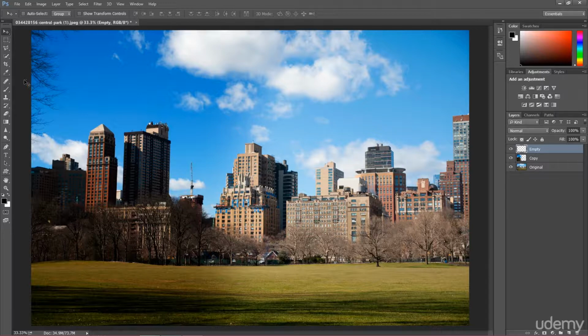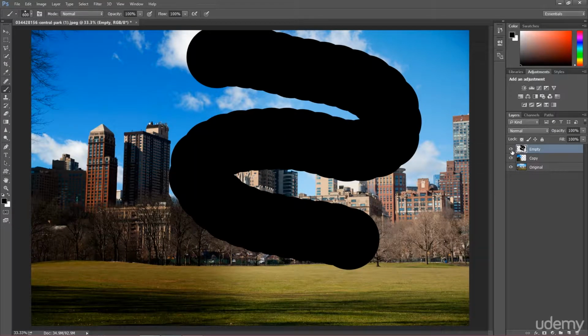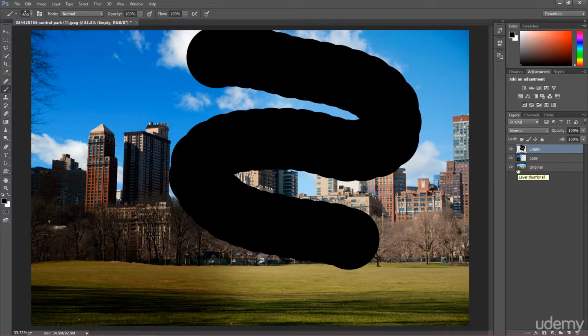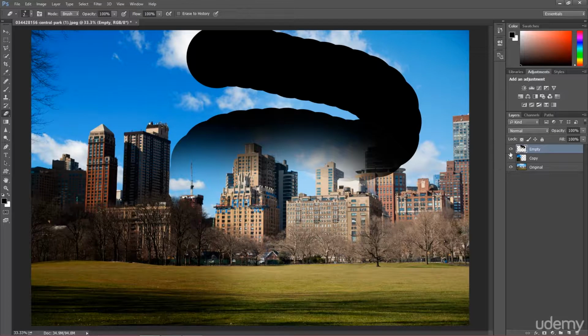So for example, right now I created this empty layer and you cannot see anything because this is just a transparent layer. But I can choose a brush tool over here. So I'm choosing a brush, and right now the color is black. We don't need anything more. And on this layer, I can paint with the color black. When I turn off visibility over here, you cannot see this, and right now you can see this once again. If we use the eraser tool, we can remove this area and leave as much as we want.